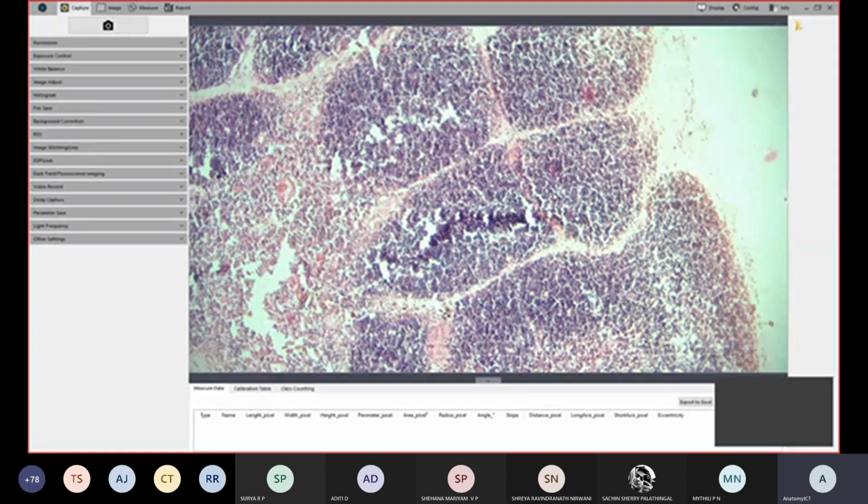Then in the thymus, a very characteristic feature is the presence of Hassall's corpuscles within the medulla. You have a capsule and trabeculae, so numerous lobules are there. Each lobule has a cortex and a medulla. In the cortex you mainly see densely populated T lymphocytes, which appear dark, and in the medulla you mainly see these areas called Hassall's corpuscles. So this is the histology of the lymphoid organs, four lymphoid organs.